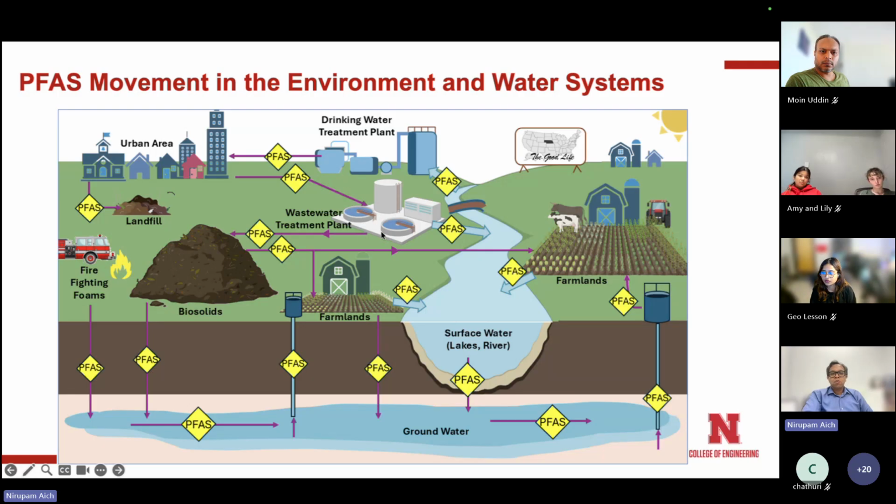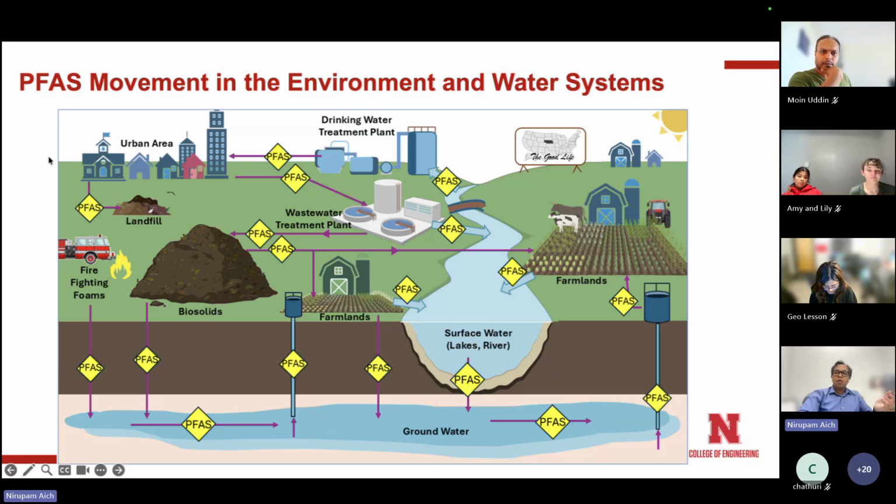The other way it can be exposed to the environment is that in wastewater treatment plants, there is biological sludge, solid sludge. Bacteria in a biological wastewater treatment plant create a lot of solid sludge with dead bacteria, and they become biosolids. Because PFAS is very hydrophobic in many cases, the long-chain PFAS are not being degraded by microbes, but they are getting attached or absorbed onto the dead cells. Okay, so they are removed in biosolids.